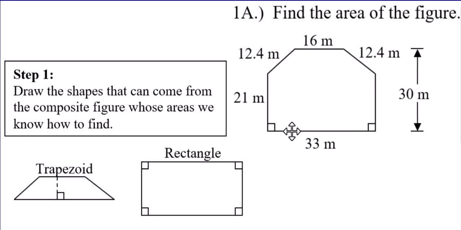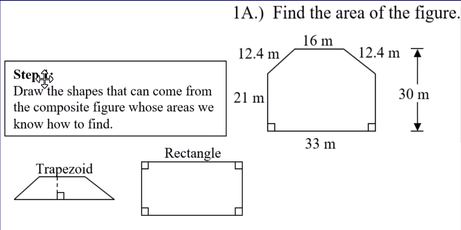As you can see, this shape has 6 sides. We do not have an area formula for an irregular hexagon, which is what this thing would be called. We don't have a formula for that on our formula sheet. So to be able to find the area, part 1A, we're going to have to break this down into 5